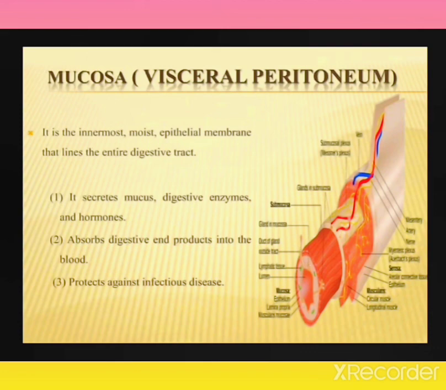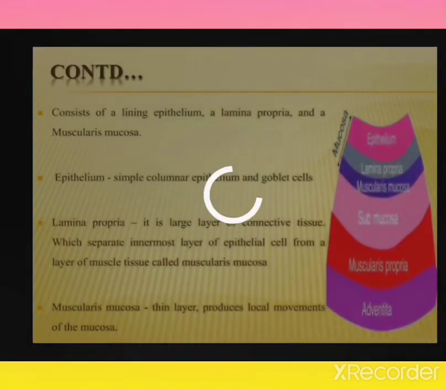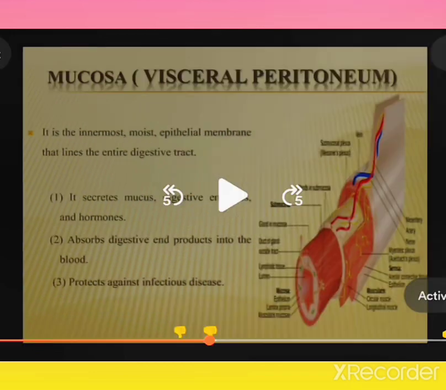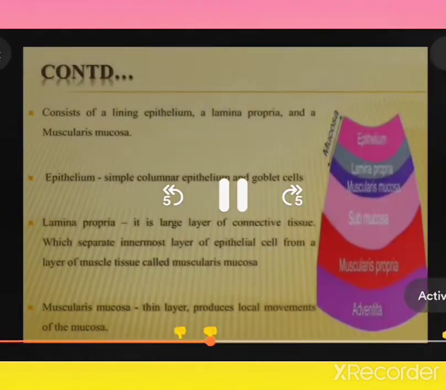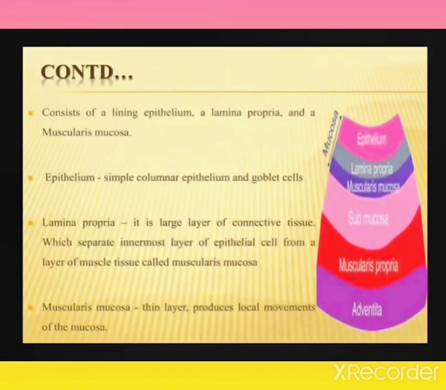And this mucosa is made up of 3 layers of tissue. The first one being the epithelium, which is made up of